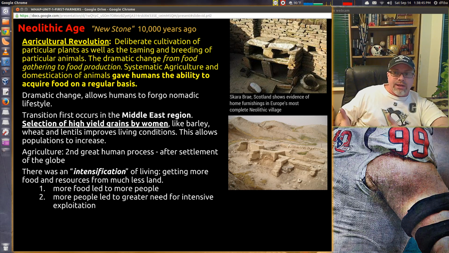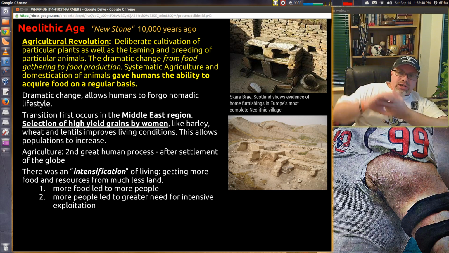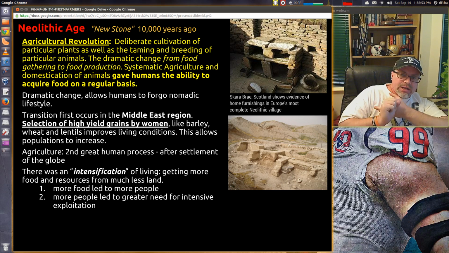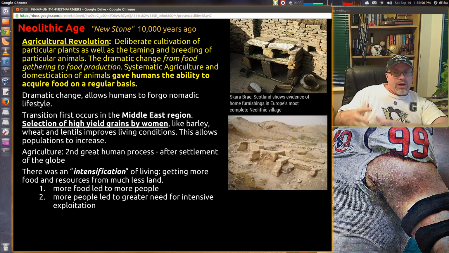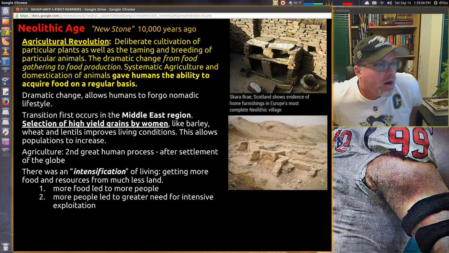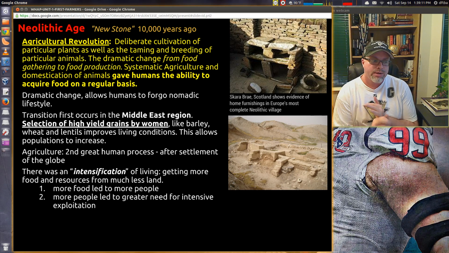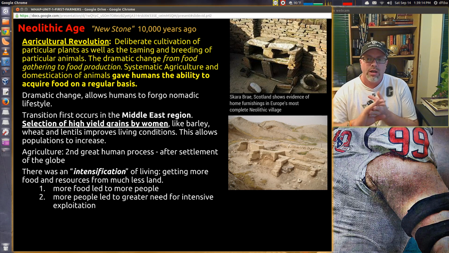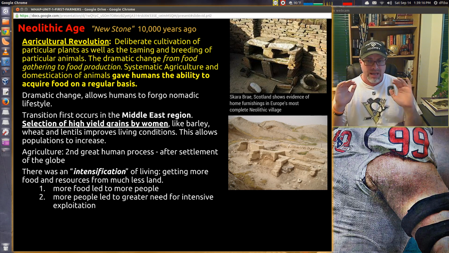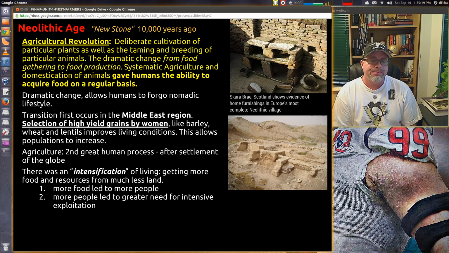So the transition first happens in the Middle East, and you know why that is. It's the geographic luck that Jared Diamond talks about, where systematic agriculture and domestication of animals provides for that area in a way that no other place on earth has those kinds of advantages, especially with domesticated animals, because there just aren't any in all these other regions of the world, from New Guinea, where Jared Diamond was in Guns, Germs, and Steel, Australia, Africa, zero animals that could be domesticated.